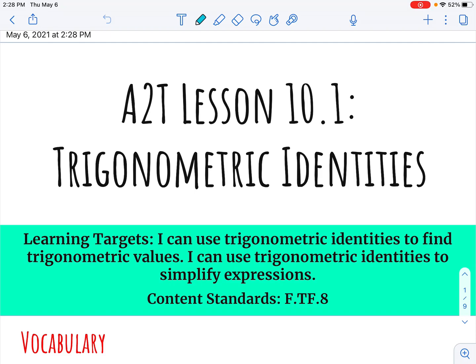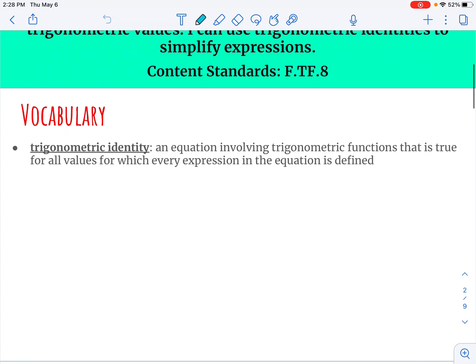Hi ladies, today we have lesson 10.1, trigonometric identities. Our learning targets are that you can use trigonometric identities to find trigonometric values, and you can use trigonometric identities